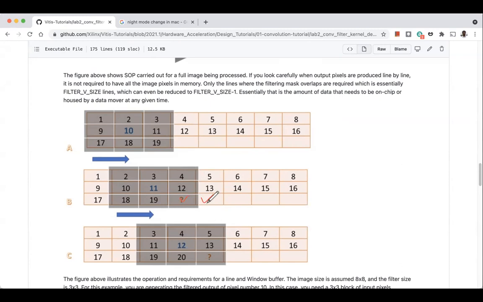So 64 may not be the right number, it could be a lesser number, but the idea is that if you get more input data pixels, then you can perform more filter operations in parallel. Okay, so that's the story. Sir, we're already performing 15 cross 15 MACs parallelly, right?